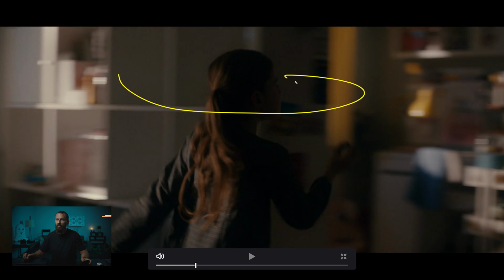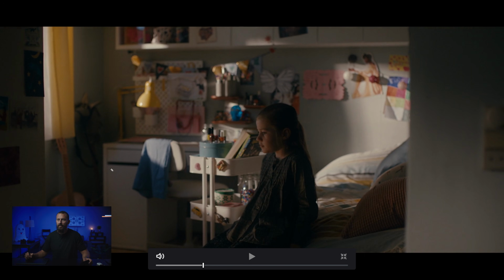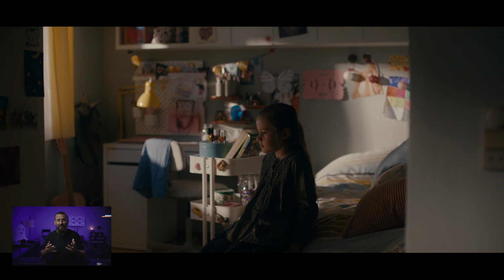Because on the other side of it, around the back, is going to be the lamp that is lighting her up when she goes this way. And just a really good job of balancing things. See how it doesn't feel unnatural. There definitely feels like there's a light there, right? If you stop and look at it. But it still feels like it could be just the bounce around the room,